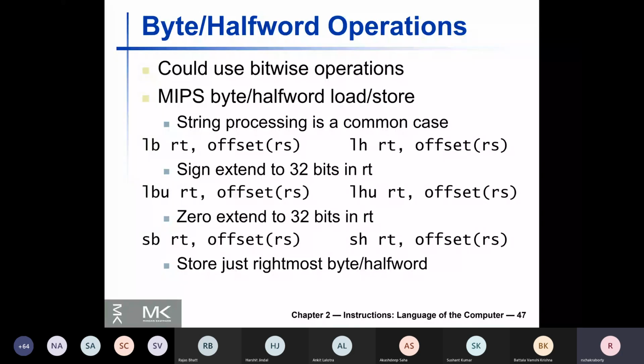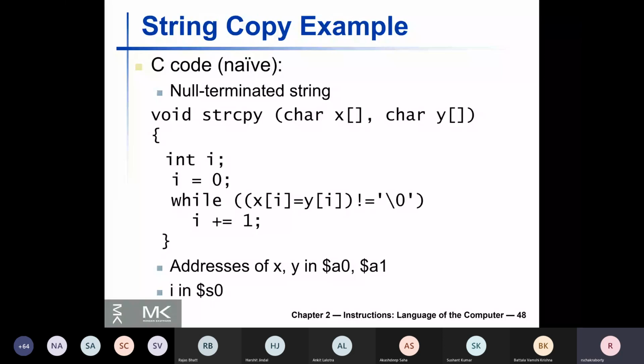Let us see an example of application of this LB type of instruction through a very naive C code string copy example. Why naive? Because this is the way a person who is learning the C programming language for the first time would write the code. It is not essential to write it so long. You can write it using pure pointer arithmetic and no iterator variable like i is required in that case.